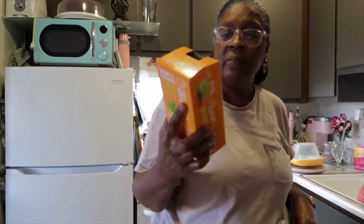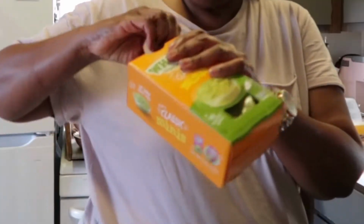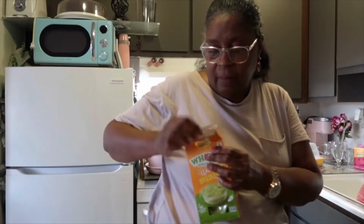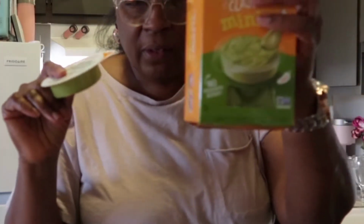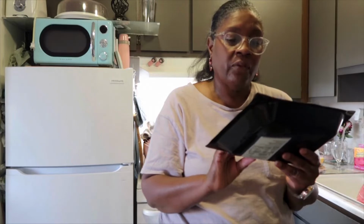This I'm a little nervous because it is the serving sections of guacamole, but they're supposed to be a little spicy, and I'm not about that spiciness. But you got how many? And it's six 2-ounce little containers in here. No antibiotics ever, fresh, never frozen, Norwegian, Atlantic, responsibly farm raised. I don't know what that means, but